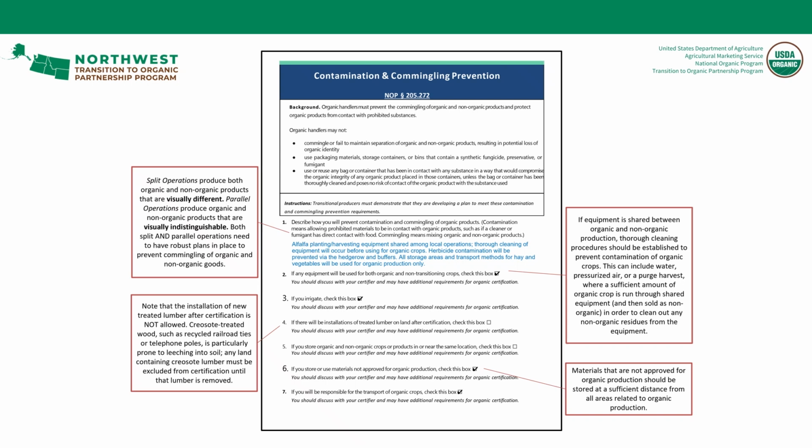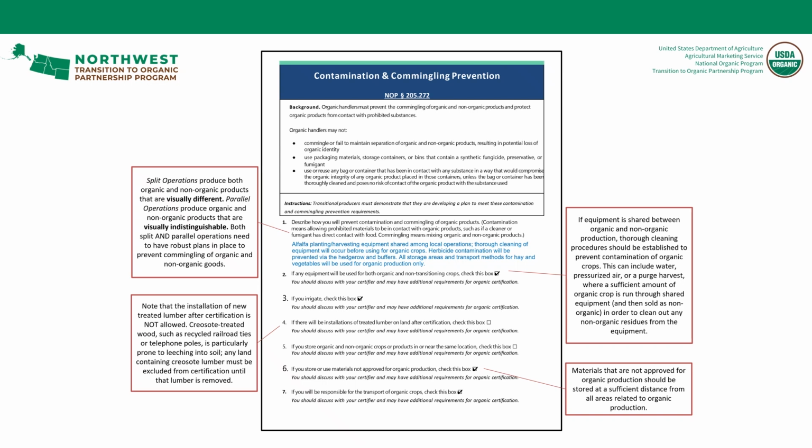The next section covers preventing contamination and commingling. Contamination is when non-approved materials come in contact with certified organic crops. Commingling is when certified organic crops are mixed with non-organic crops that are visually indistinguishable. If you plan on running a split or parallel operation, meaning you'll be growing both certified organic crops and conventional crops on the same land, you should be very detailed in this section about how you will prevent contamination and